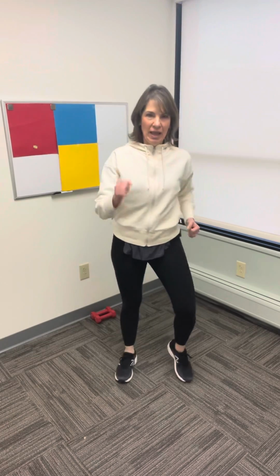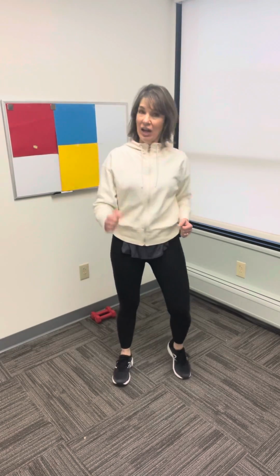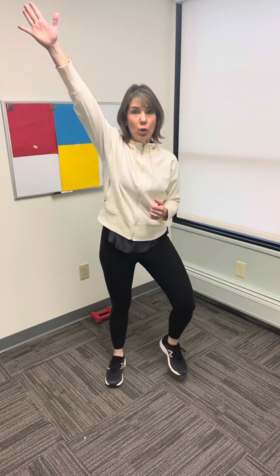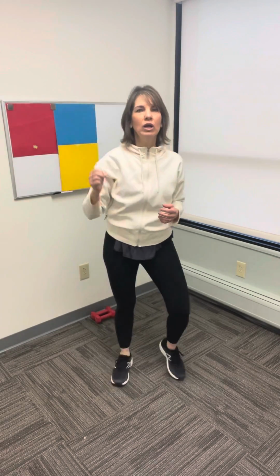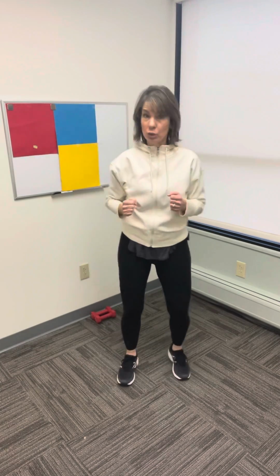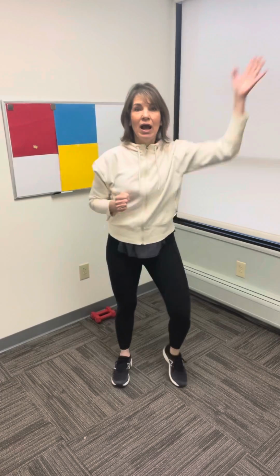Now, I would call out directions, and they would be something like this. If I said right upper, I would shoot out my right arm and pull it back in. So as you see, it's going up, and I'm pulling it back in, and it's got to be quick. So you don't want to just leave your arm out there and then slowly pull it back in. So if I say right upper, out and in. Left upper, out and in. Right lower, out and in. Left lower,